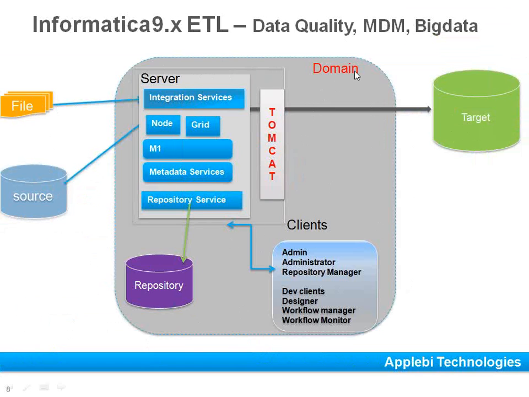When you install Informatica software on your machine, it majorly has three components. Not only Informatica, any software you can divide into three parts. One is server components, one is client components, and one is a repository. What is a repository? The server means your Informatica core engine, core software. If that is running, then only you can start working on Informatica. And what are the major components in the Informatica server engine? We will be discussing that throughout the life cycle of the Informatica classes.